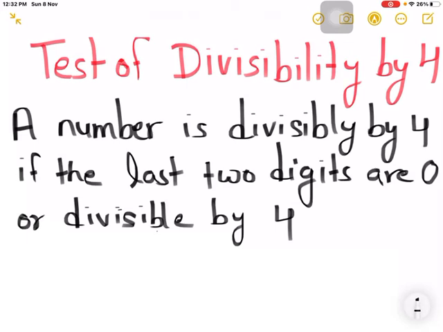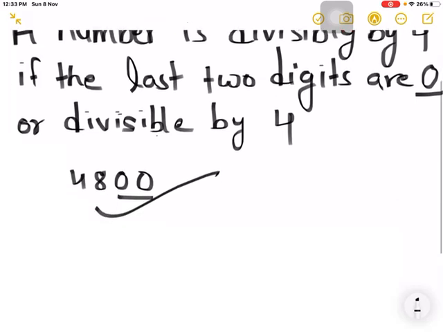Let us think of any number. It is said that the last two digits must be 0. So if we imagine 4800, does it meet the rule here? Yes, because the last two digits are 00, so the whole number is divisible by 4. Now if we imagine another number like